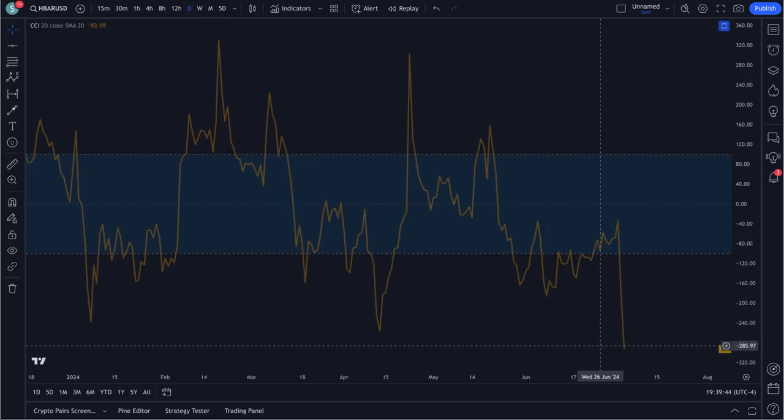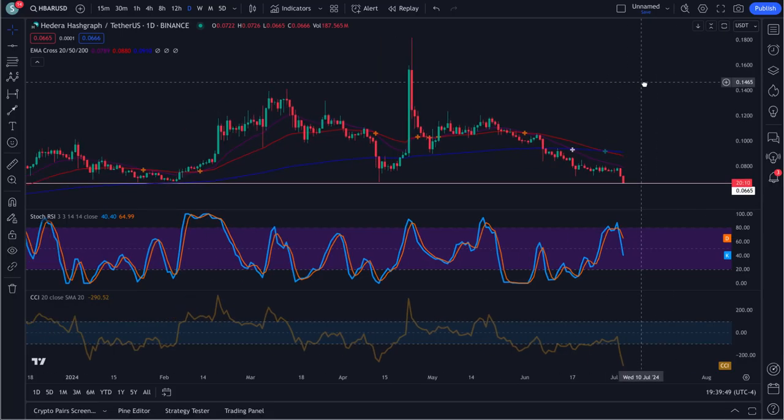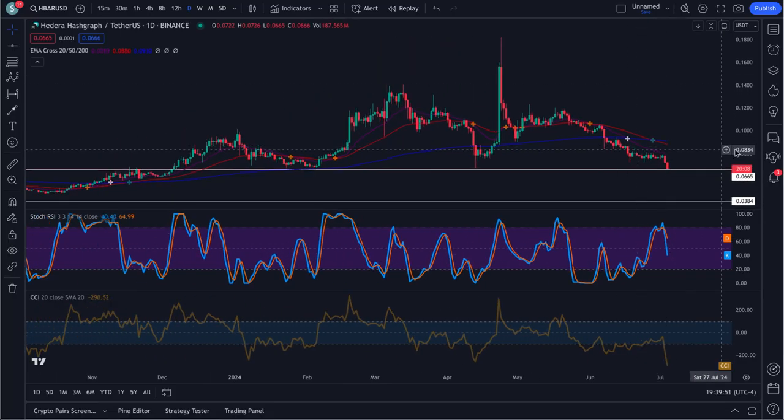That daily. Wow, that daily. Holy cow, minus 288. It is very, very low. You can also see here, this is a very, very solid